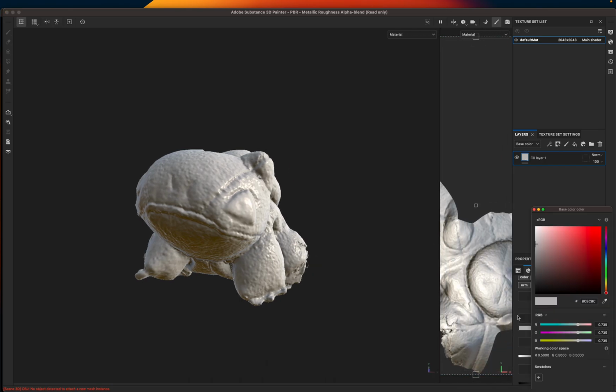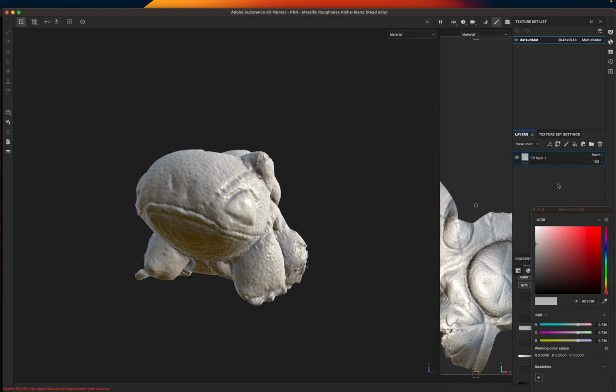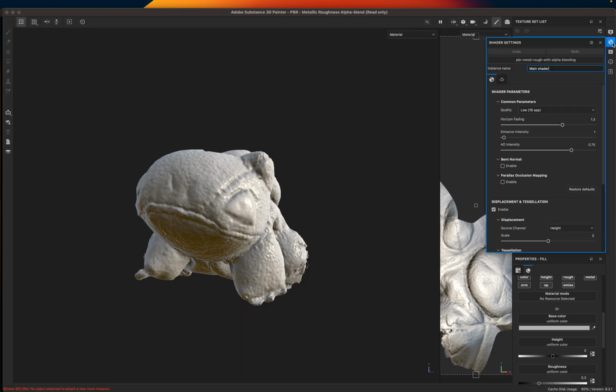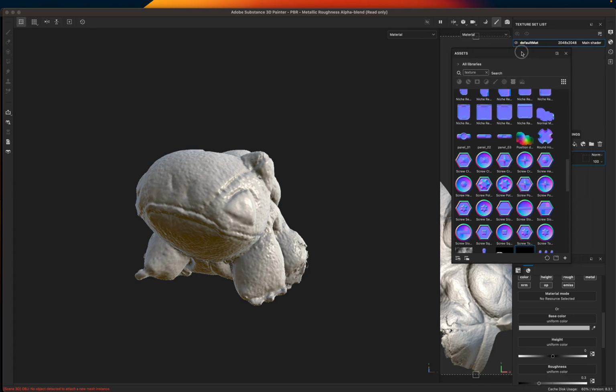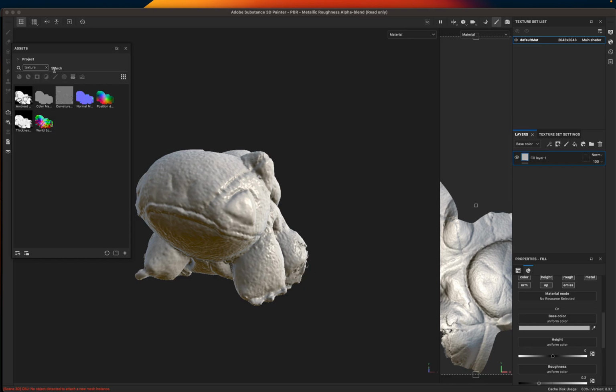Let's see if we can click on here. Let's see, oops. All right, so we should be able to pull our resources. Let's get out of that. All right, so I need to show our assets. Let's pull that over here. So if your assets aren't showing, pull them over. All right, so we're going to go to our project, and we can see some of our